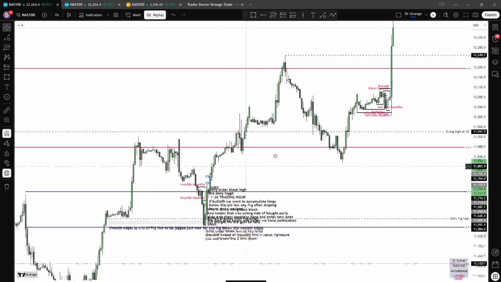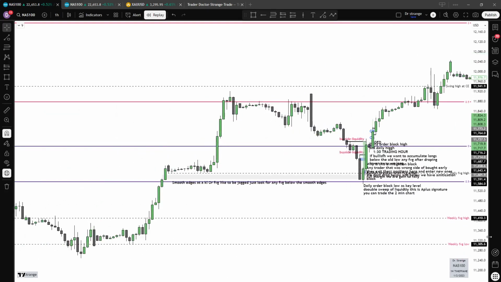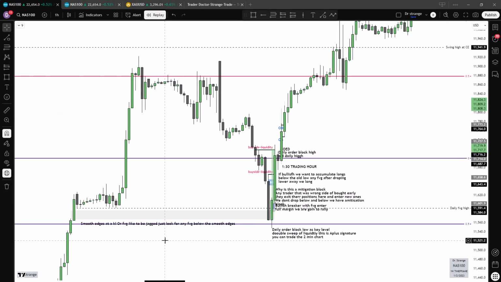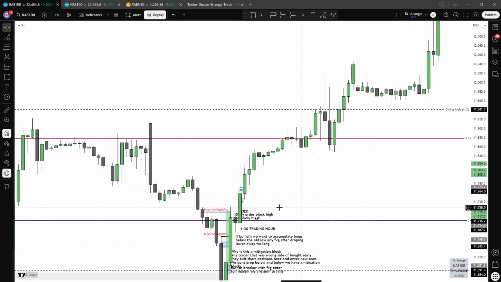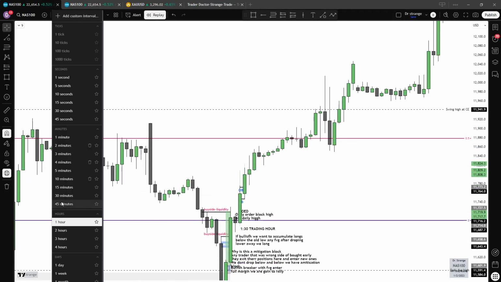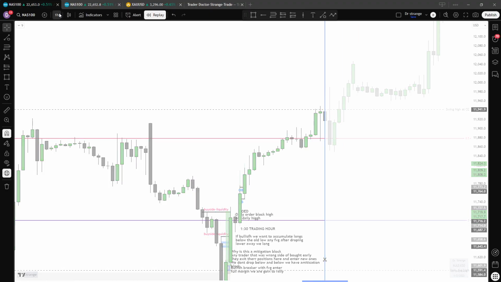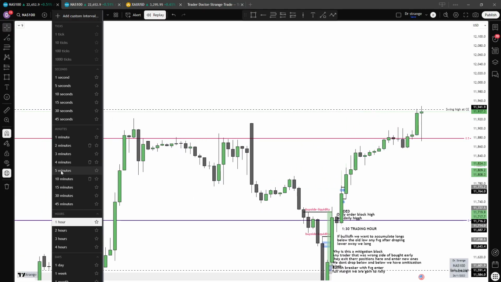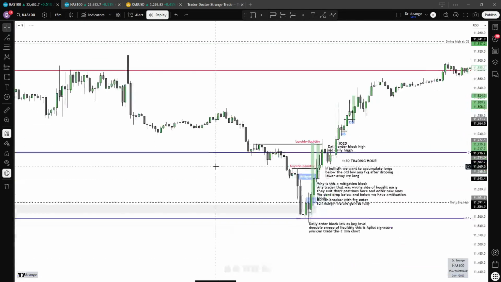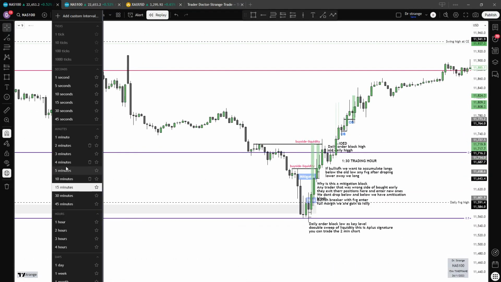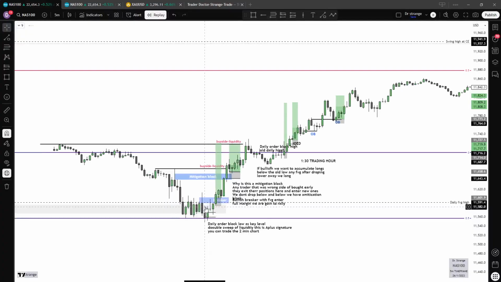So you see how I looked at this. Here I think ICT was talking about jagged and smooth edges, blending a lot of things. Buy side taken. Now we go to what institutional order flow entered here. Let's go to M15 and we see. So these are the screenshots you have seen in my charts based on what ICT was teaching us. Okay, these are things you want to be aware of, and it will help you to improve your memory of how you view price action.